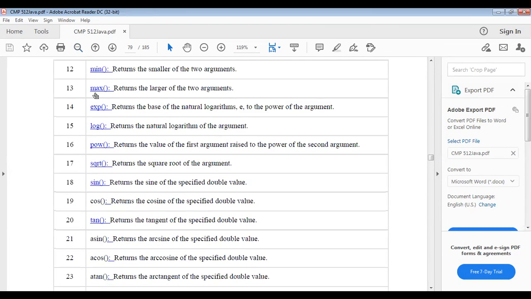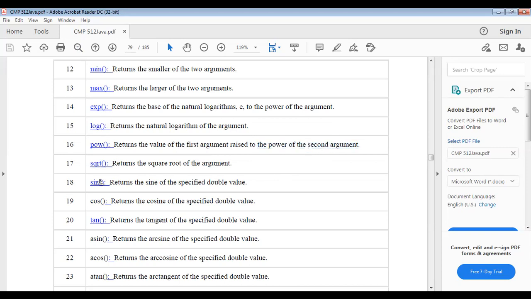Min, max, and exp mean the exponential of the argument. Log means the logarithm. Pow means the first argument raised to the power of the second argument.